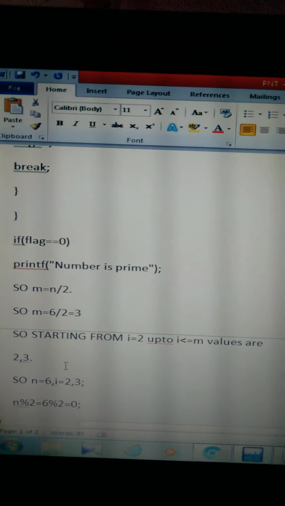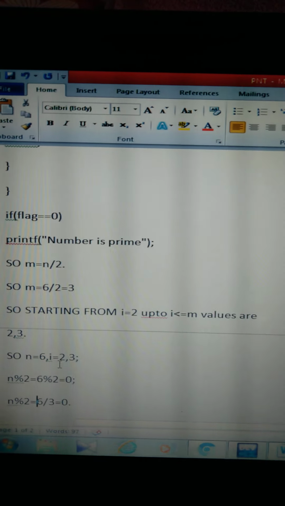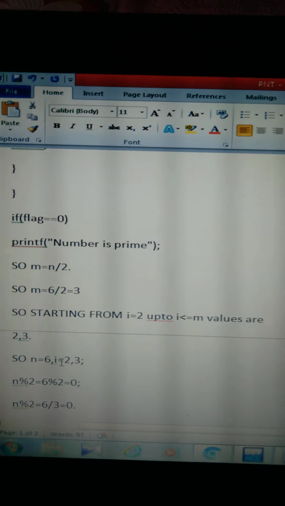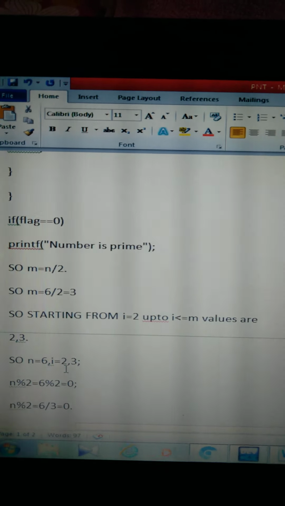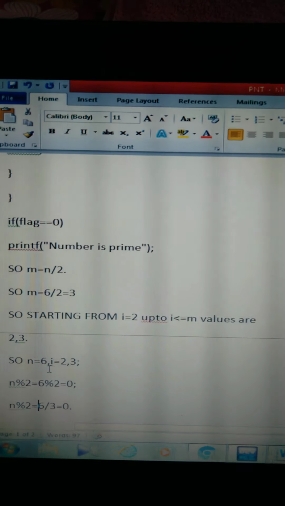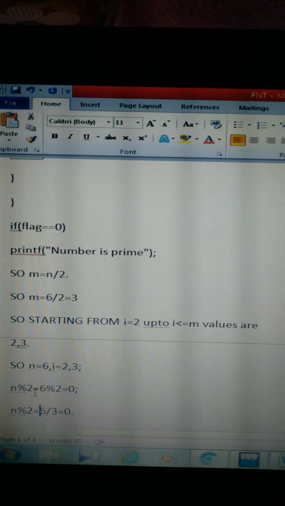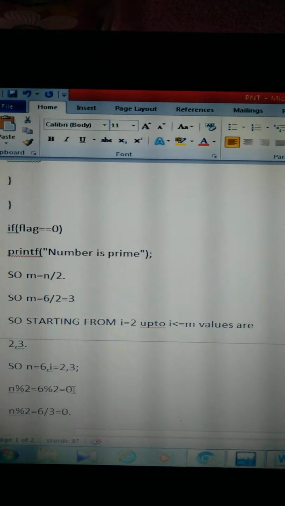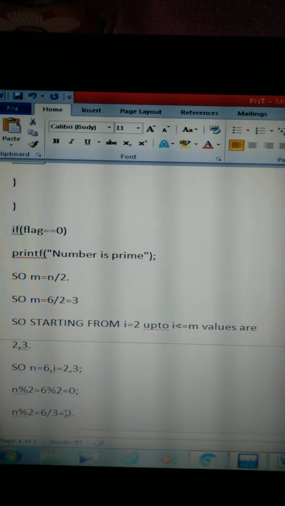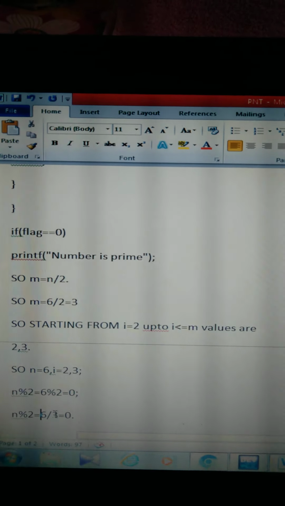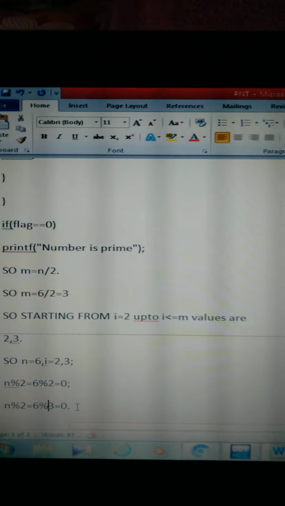Okay. Then here n is equal to 6, i is equal to 2, 3. So one by one we have to divide 6 by these numbers. Find the modulus, not dividing. n modulo 2 is equal to 6 modulo 2 is equal to 0 remainder. n modulo 3, 6 modulo 3 is equal to 0.